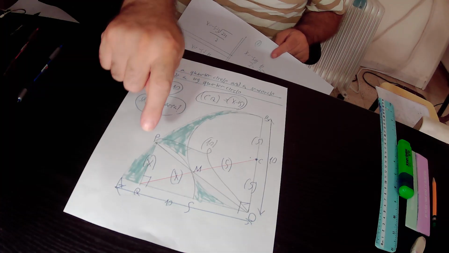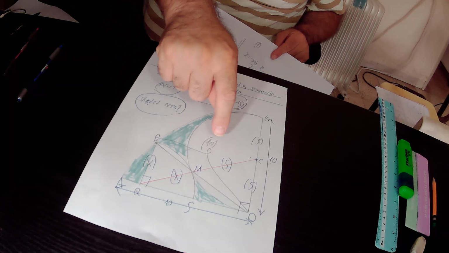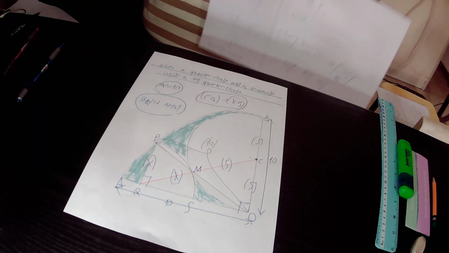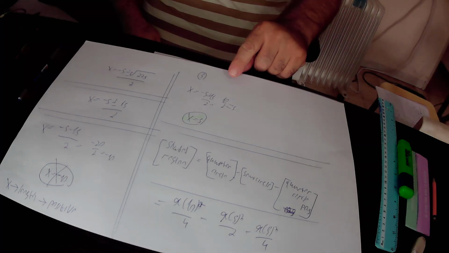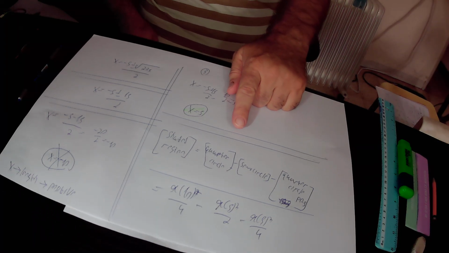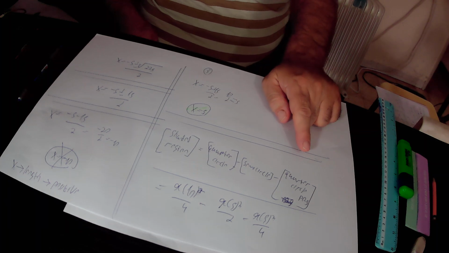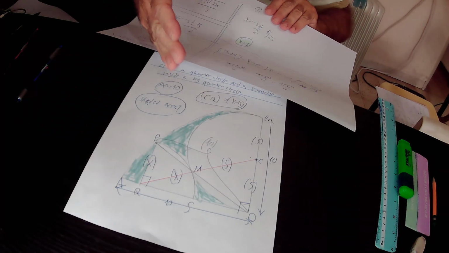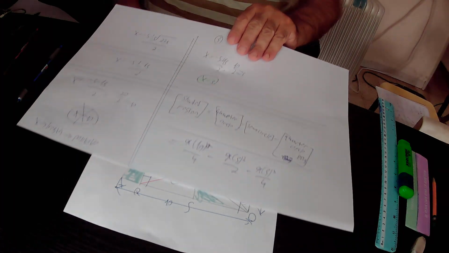equals the area of the big quarter circle AOB minus the area of this semicircle minus the area of this small quarter circle PQS. To repeat again, the area of the shaded region must be equal to the area of the big quarter circle AOB minus the area of the semicircle minus the area of the small quarter circle PQS. The radius of this big quarter circle AOB is 10,